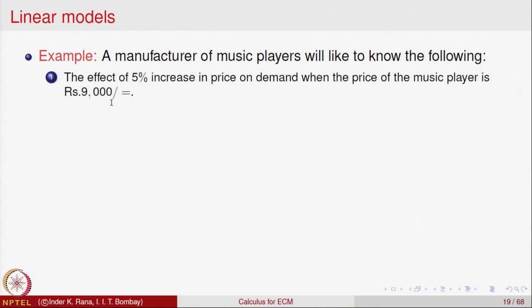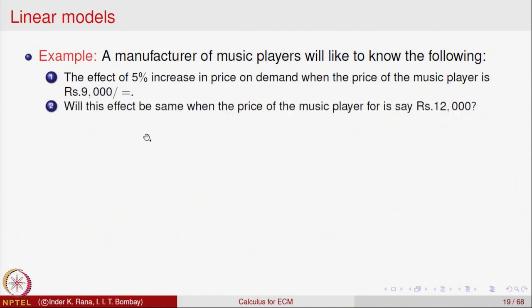So, at present when the music player is selling for 9,000 rupees per music player, if he increases the price by 5%, how much will it affect the demand? So, he would like to know that. Will the effect be same if the price of the music player